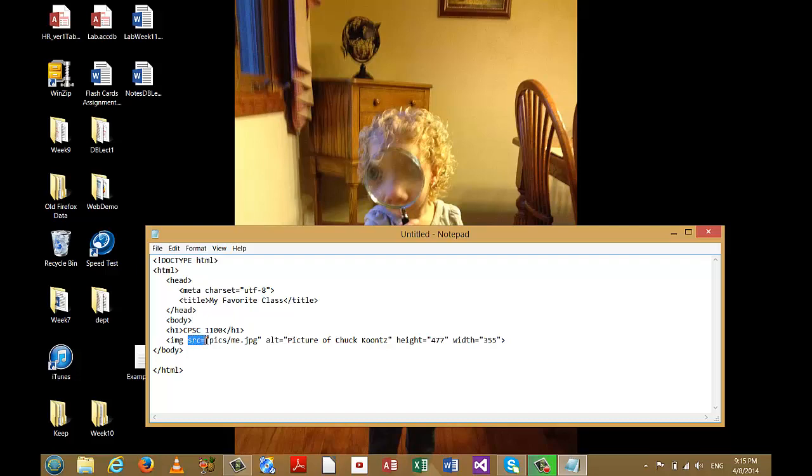First of all, the SRC attribute, standing for source, tells the browser where to find a picture, and the picture is titled me.jpg, and it says relative to the page that's making the request, relative to this page, it should be found in a folder called pics, and the file name will be